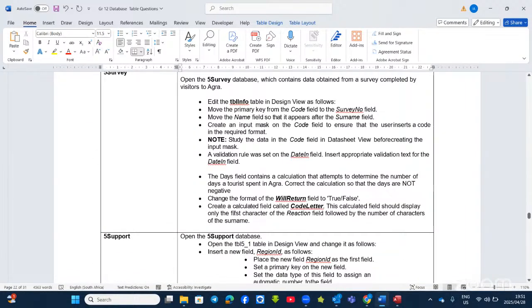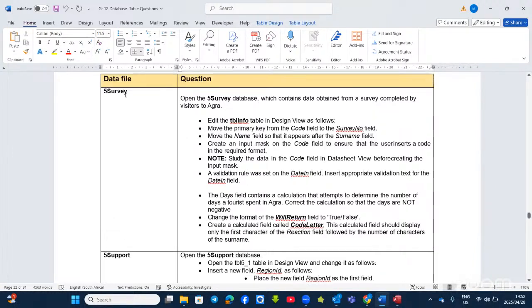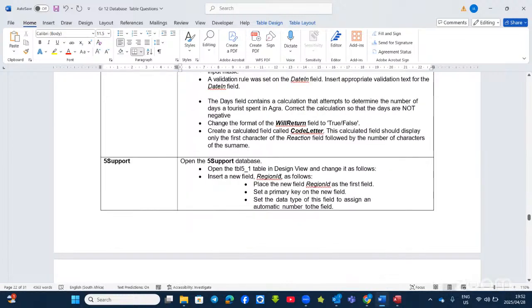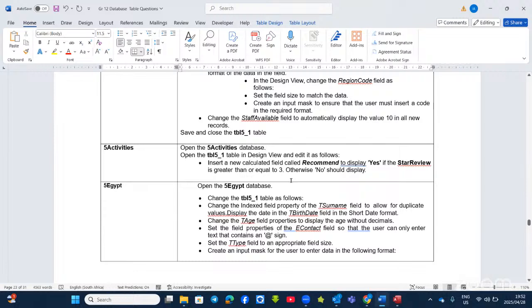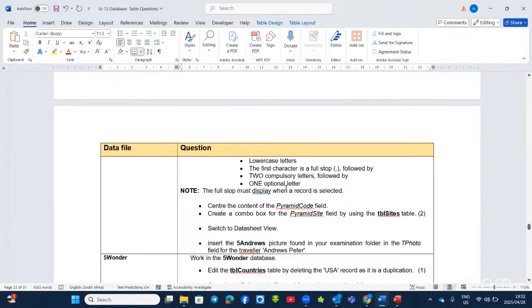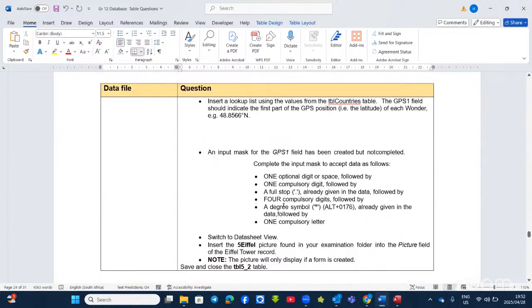Now, the rest of the questions are similar. I want to look for a question that involves a date, whereby I can show you how to calculate date and time calculations as well. Because we talk about the text, now we want to see the date and time also. I can take the 5 survey to conclude, then you do the rest of the questions. They are all similar to whatever that we have done. You can try your hands on them, and then if there's any question that